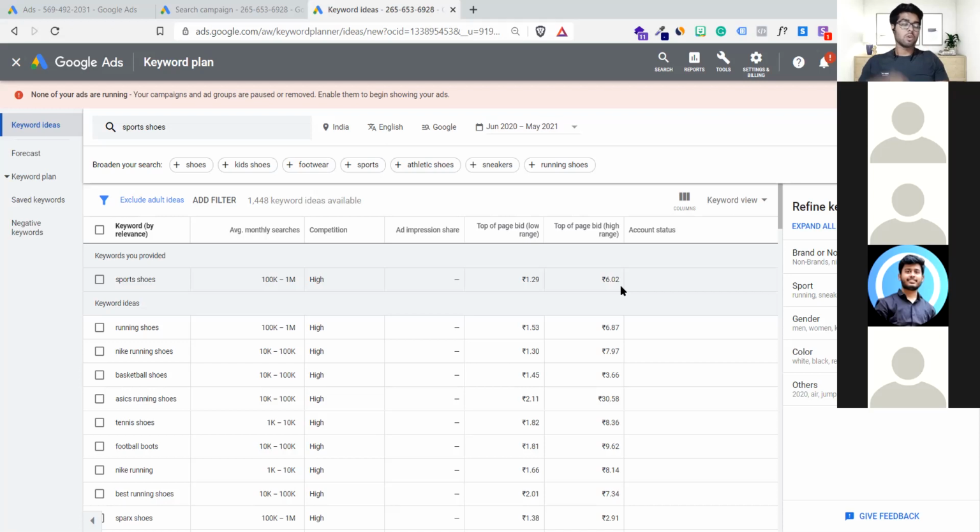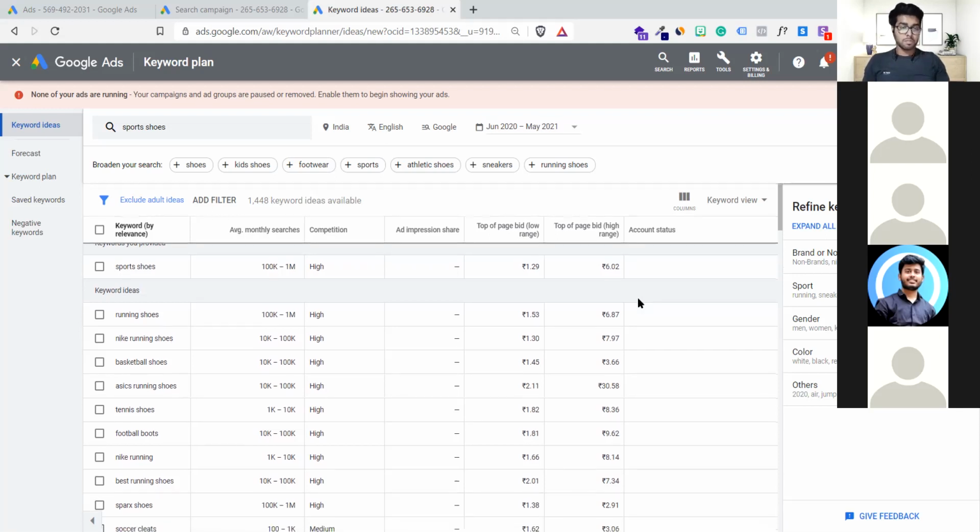And also Google will not charge 10 rupees every time, because Google knows that you are the right person and you can always pay more. But Google will not utilize your whole money every time. Sometimes it will deduct 7 rupees, sometimes 5 rupees, sometimes 8 rupees, but it will be under 10 rupees, of course. All right, so let's do some in-depth keyword analysis right now.